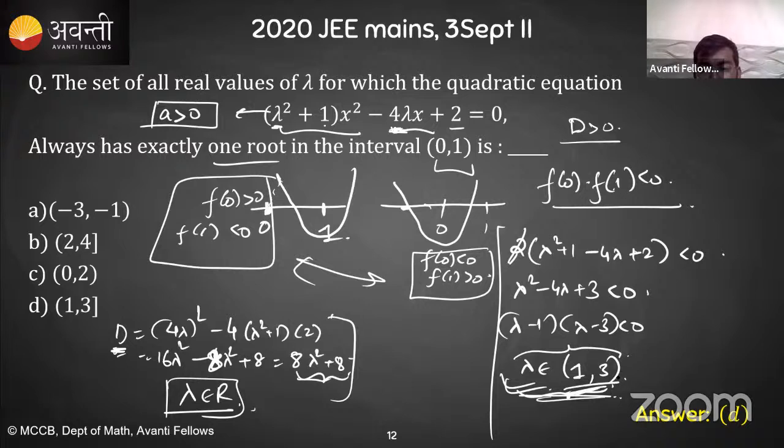Here it should be 1 to 3, and 3 should be an open interval here. Why? Because f of 1 and f of 0 can never be 0. It is given that (0, 1) is an open interval, so we cannot have the root on either 0 or 1. So if one root is lying in between, the other root will lie outside 0 to 1. So that is why we cannot have the equality sign here, and hence the open interval (1, 3)